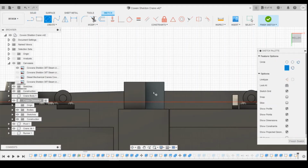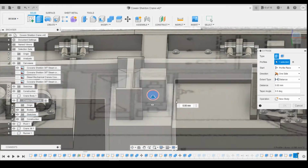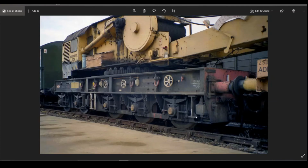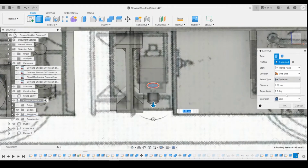a normal standard center point there, center point here, and I think I'm going to go for about 0.5 millimeters on the bottom. I'm going to extrude this downwards, rotate it down. Looking at the picture, it comes to about the top point of this surface here. So if we just select that like that,